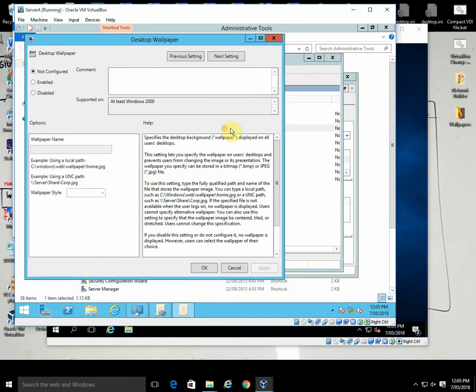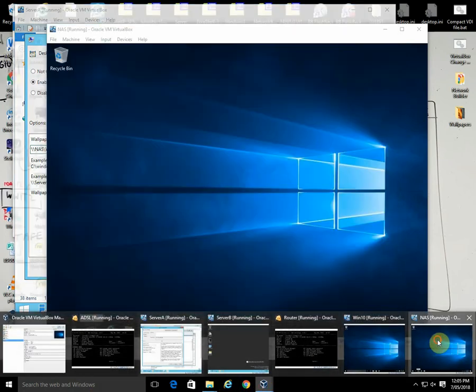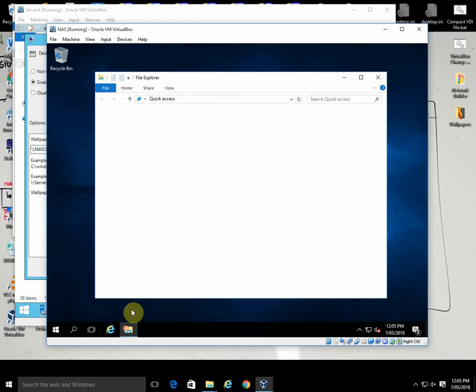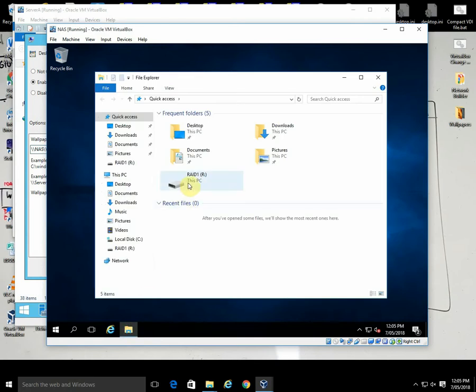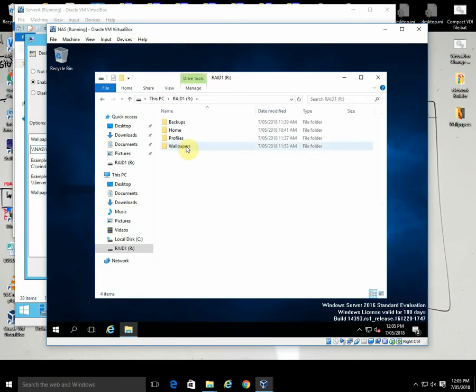And on the desktop wallpaper, I'm going to go double backslash NAS backslash wallpapers, and let's go select a wallpaper. So let's go to the NAS and back onto our RAID drive in our wallpapers folder,